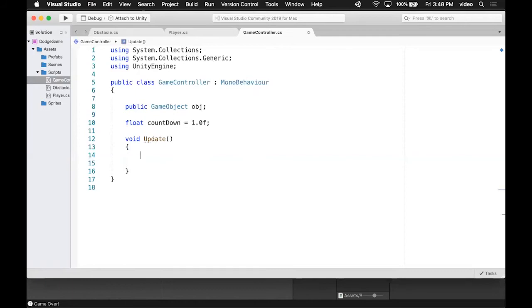Inside of update, I want to say countdown minus equals Time.deltaTime. So this will remove the amount of seconds that has passed since the last update. So after 60 frames, for instance, a second will have gone by. If countdown is less than or equal to 0,